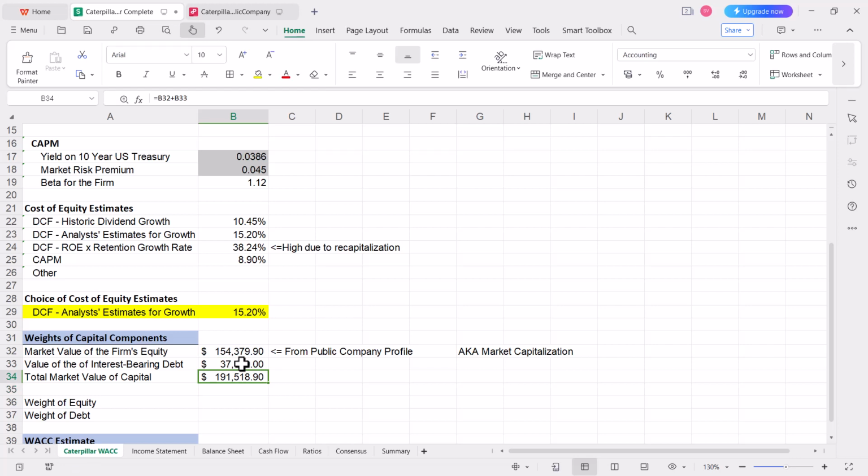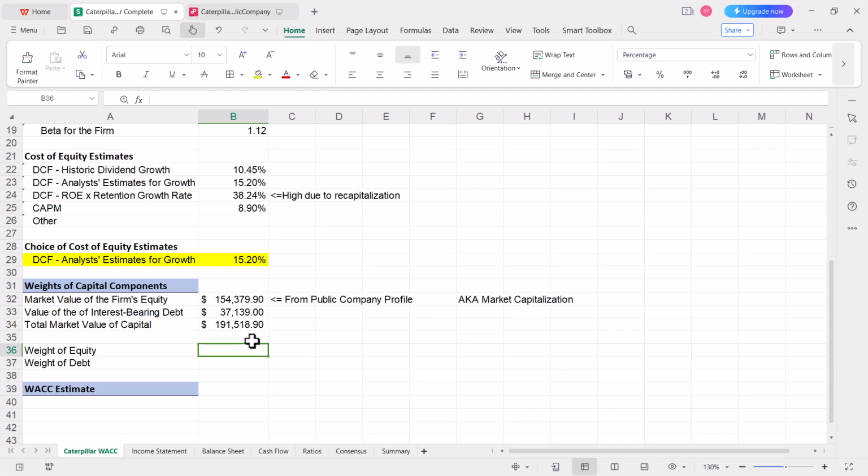So we have investors as the stockholders, and that is the market capitalization or the market value of the firm's equity. And then we have investors in the form of bondholders and/or other lenders that are supplying debt to the firm, and that is $37.139 billion worth of debt there. So our total market value of capital is